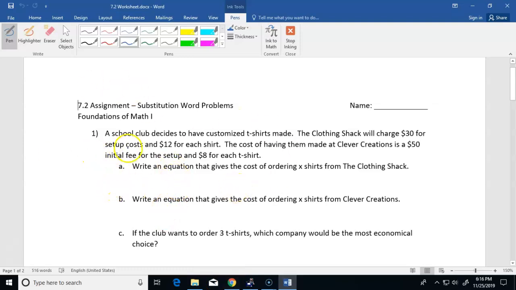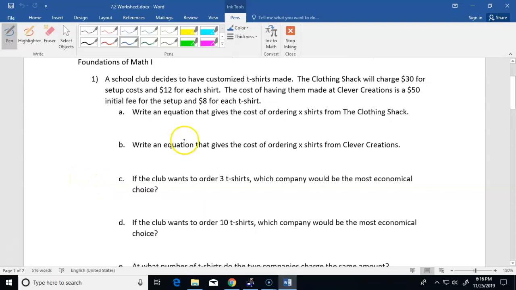So a school club decides to have customized t-shirts made. The Clothing Shack will charge $30 for setup costs and $12 for each shirt. The cost of having them made at Clever Creations is a $50 initial fee for the setup and $8 for each t-shirt. So part A asks us to write an equation that gives the cost of ordering X shirts from the